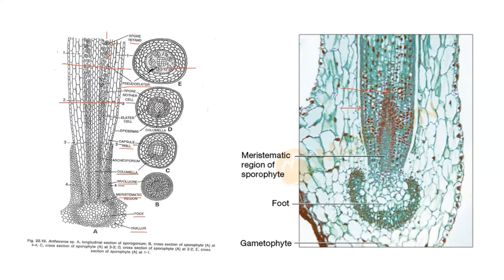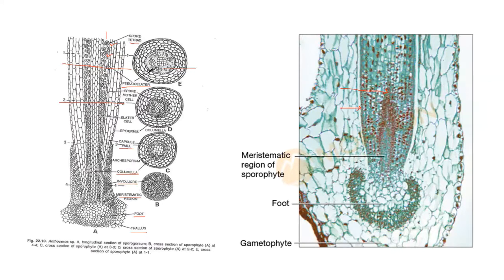Otherwise also it is providing the support which is very much required for this delicate sporophyte. So columella is the solid, non-fertile central core of the capsule and basically provides protection and support to the capsule. Now, we have discussed the capsule wall, sporogenous tissue and columella. That completes the entire structure of the sporophyte.